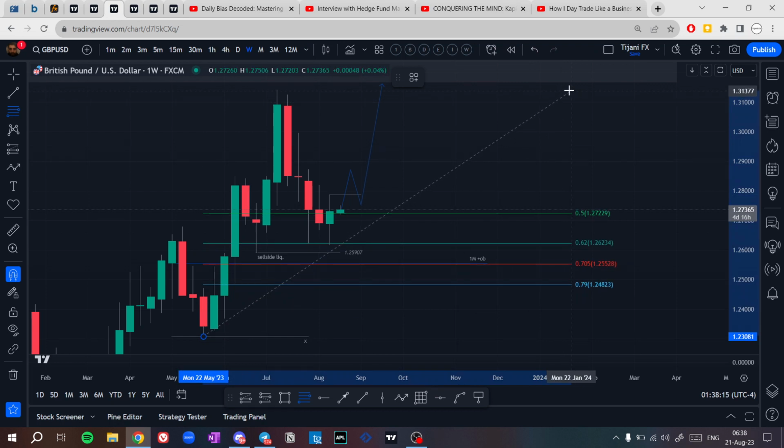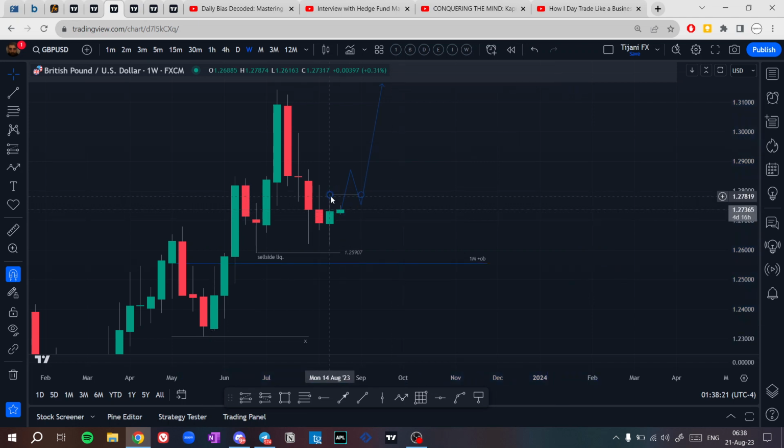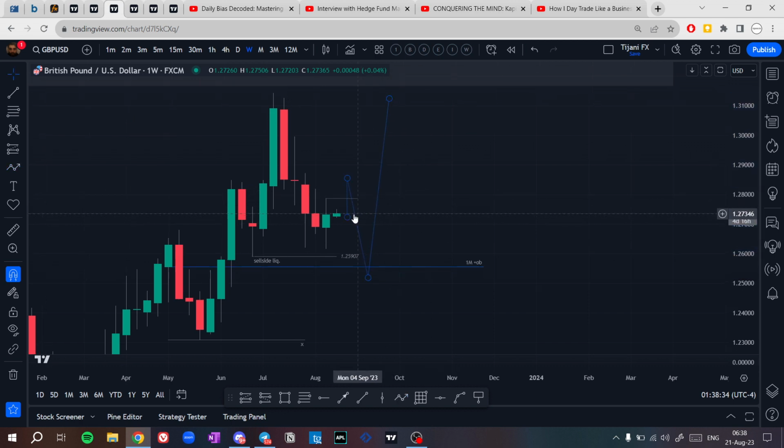And if we see price moving from the optional trade entry, if price breaks this high here, there's a higher chance for price to continue higher without taking this sell side liquidity here. But price could just take this high, then drop lower to take the sell side liquidity and continue higher. That's why, once price takes this high, we're going to have another invalidation level for us to know if price is just going to continue higher or drop lower.